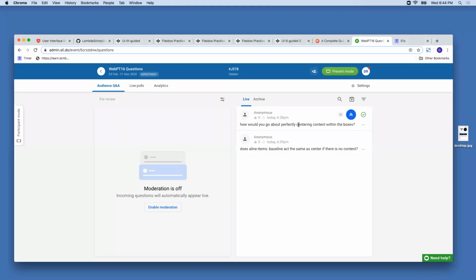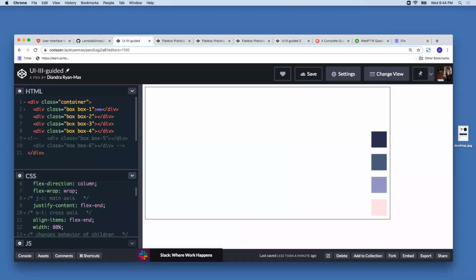How would you go about perfectly centering content within the boxes? Good question. So let's say we had some content in our boxes. I'll give them, once again, some ugly numbers. So how would we go about centering the content? The answer depends on if the content is text or another HTML element. So if we wanted to center text in the boxes,